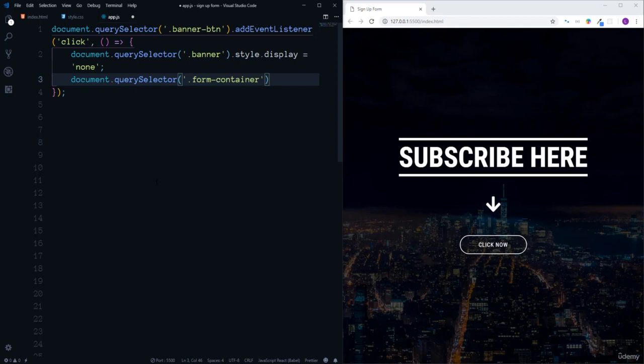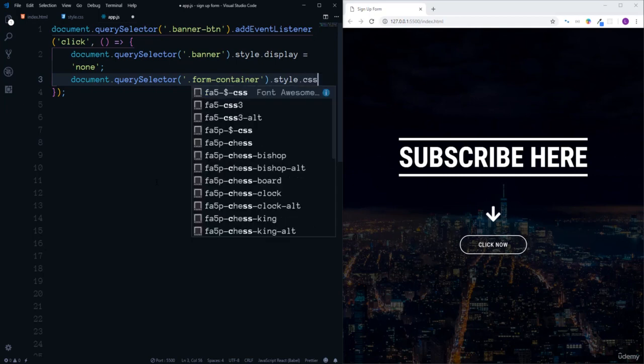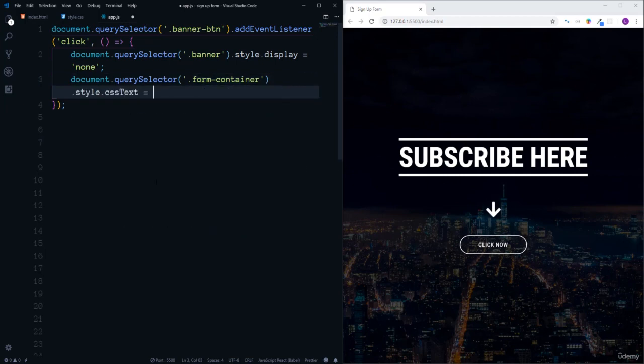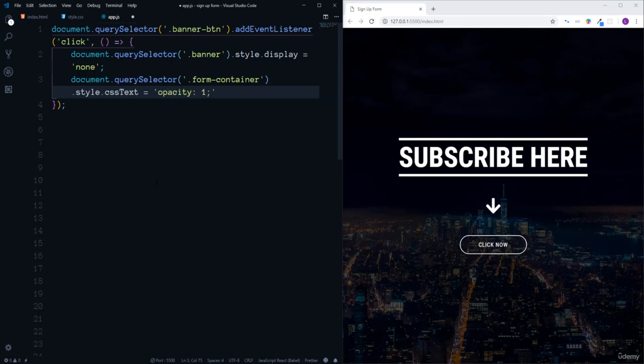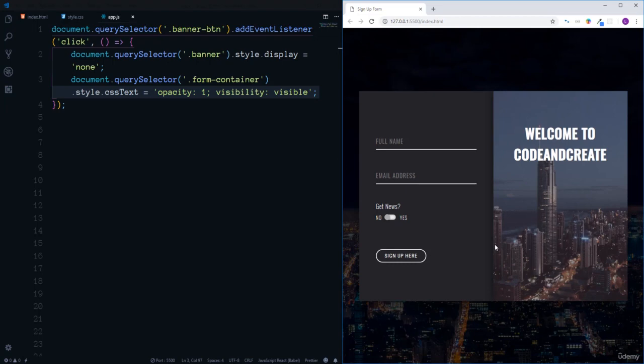And in order to do that, we need to use style and property called CSS text, which actually allows us to define several CSS styles simultaneously. So inside quotes, let's insert opacity 1 and visibility visible. Alright, let's click again button. So as you see, form is displaying but without any